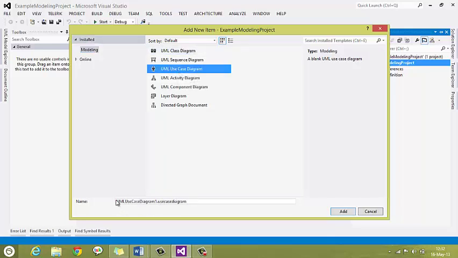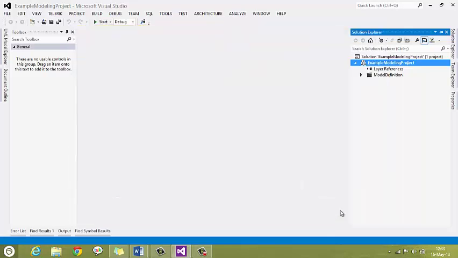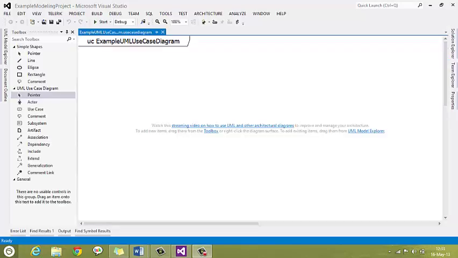So I'm going to name this example UML use case diagram. Then I add it. When that's done, you have your toolboxes on the side, your UML use case diagram tools. So to start